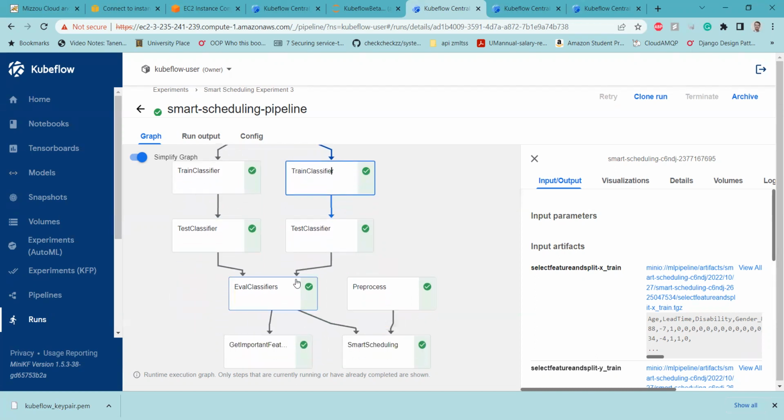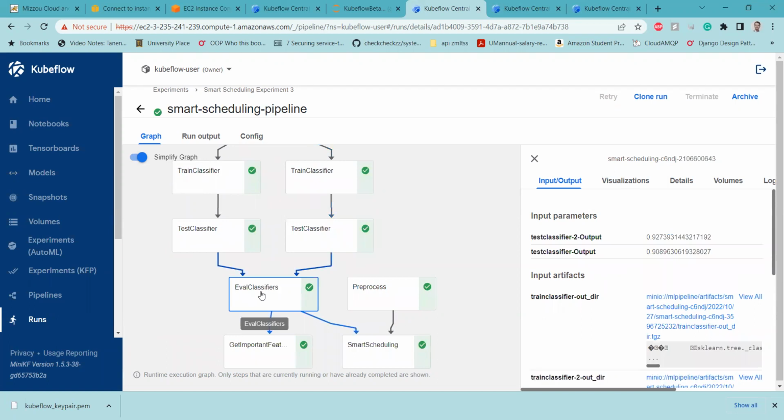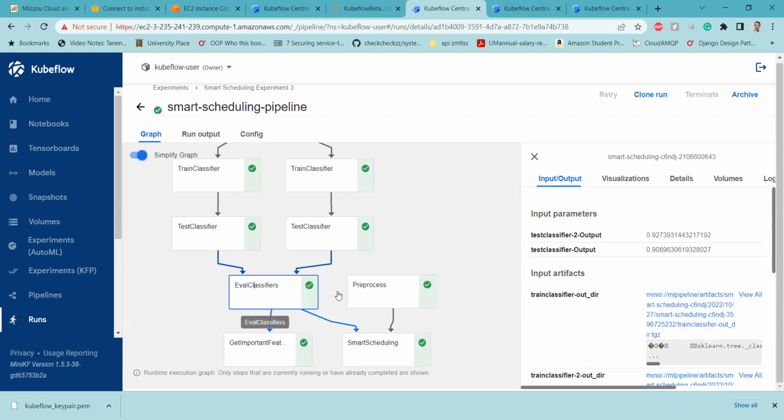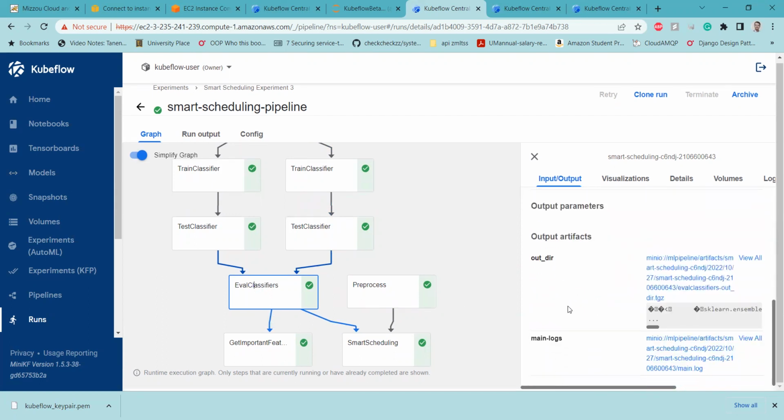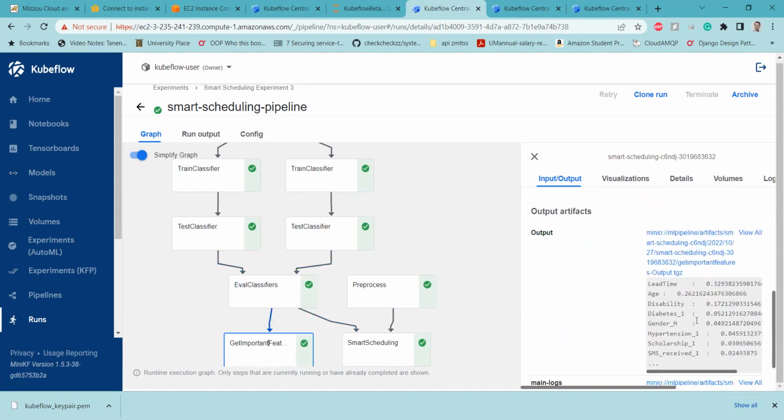And once the training is over, the classifiers are being tested, and their performance is being evaluated. You can see that the first classifier has 0.92, the second one has 0.9 accuracy, and then the best classifier is chosen. So apparently the best classifier here is the random forest classifier,